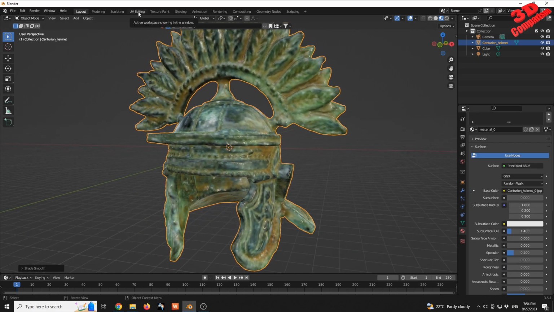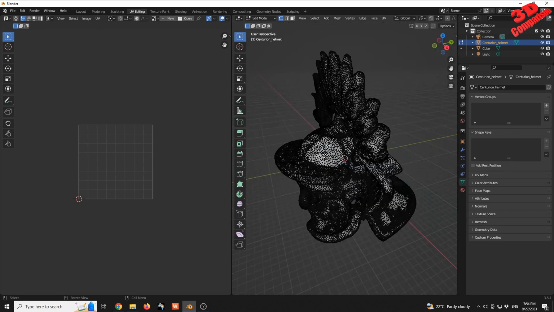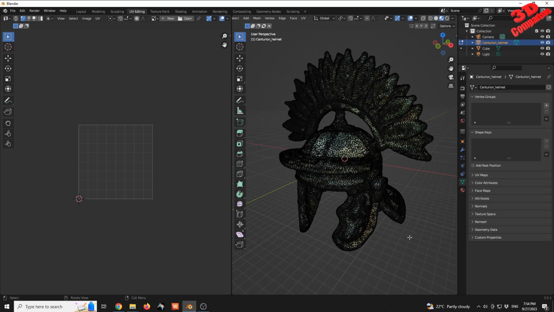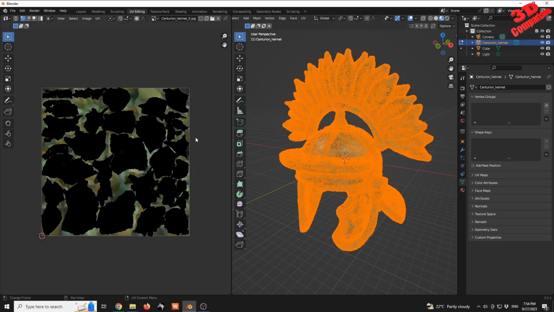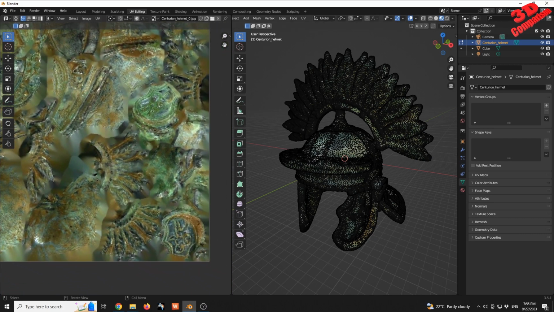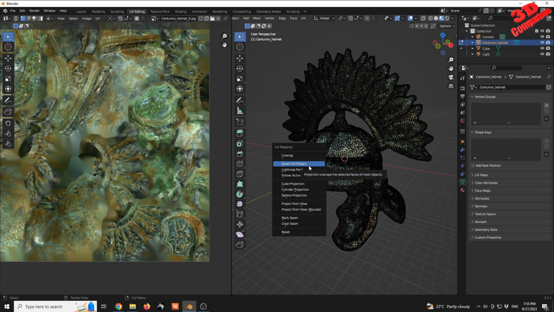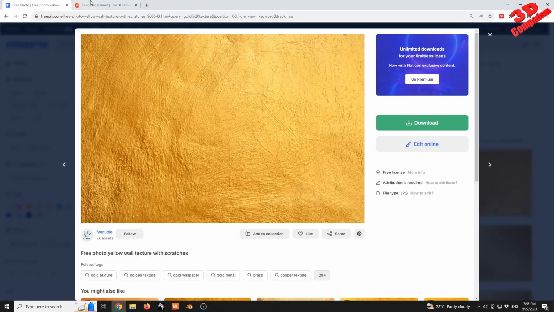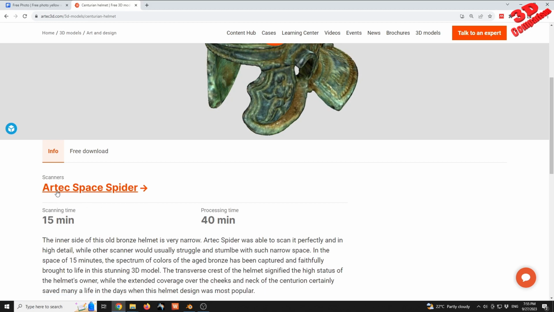With the object selected, if I'm gonna go within UV editing, we're gonna see the unwrap of the model. We need to re-enable the shading over here. And as soon as I will select something within the 3D viewer, or I can press A, which will select everything, we're gonna see that this will be the unwrapped. So the unwrap was created using Artec Studio, and as you can see, it's not, let's say, that easy to work with. Blender does a better job using the Smart UV project, but in this case, we're gonna make use of the texture that resulted from that scanning,